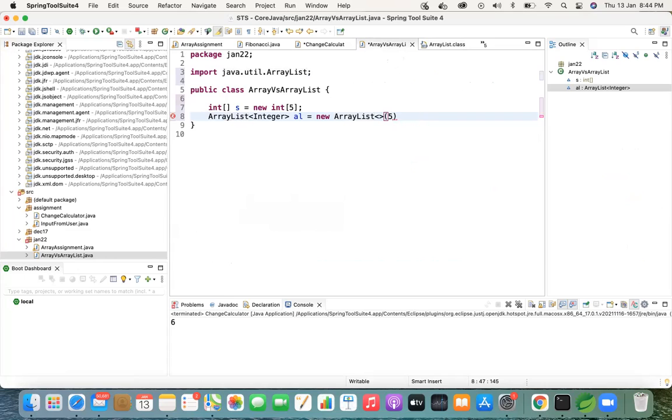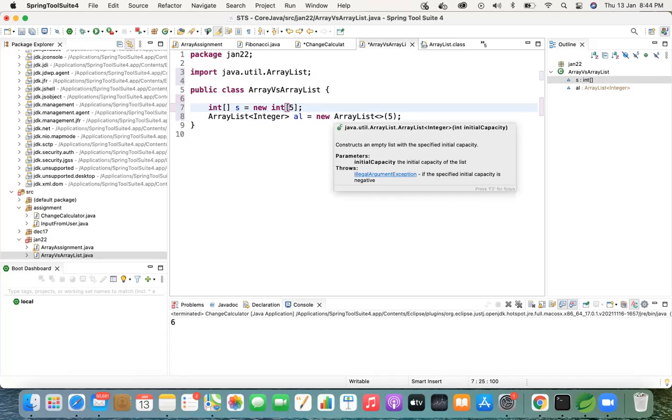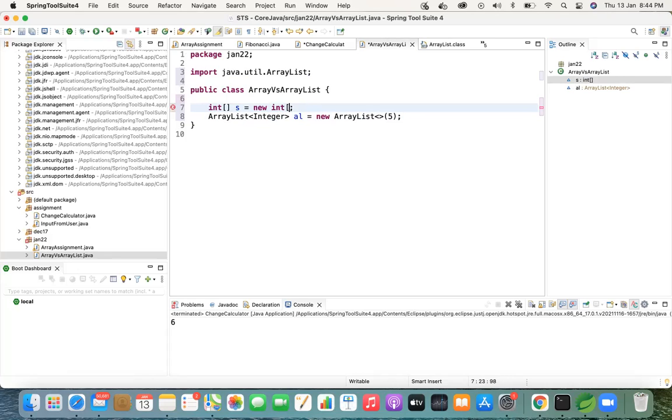And semicolon. Okay. Now, in your S object, in 5, you will give some values defined. So instead of giving int of 0 equal to, int of 1 equal to, give it dynamically within the curly braces. So it would be easy. You can just remove new int and within the curly braces, give the 5 values. So this is the way for you to create your array and then add your data into your array. Whereas in an array list, you have to use a method to add your data.